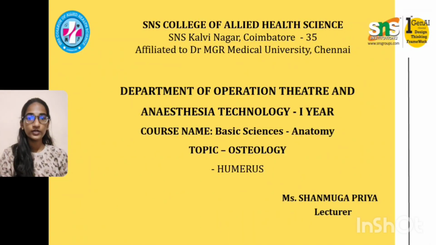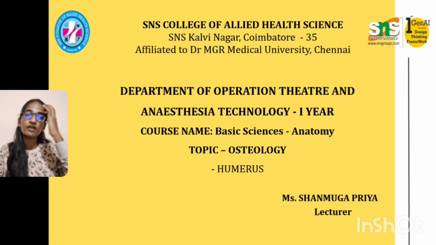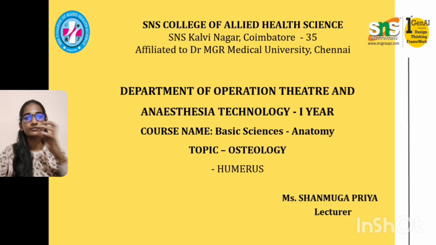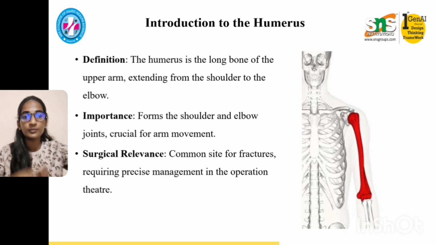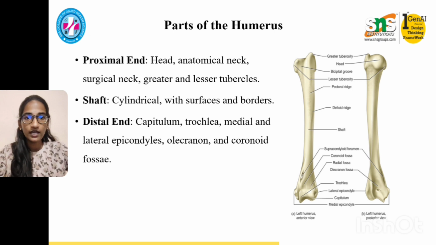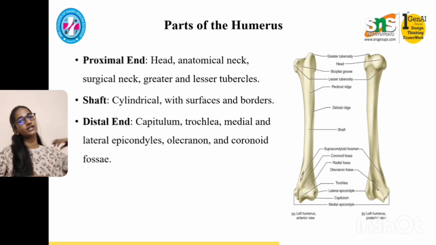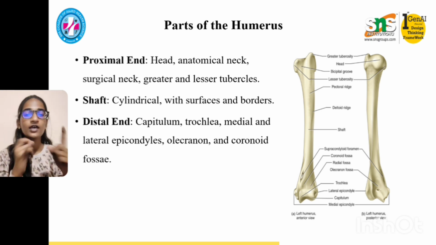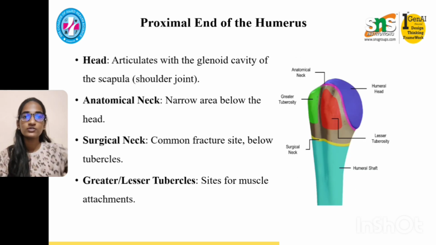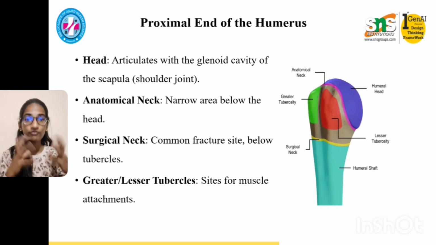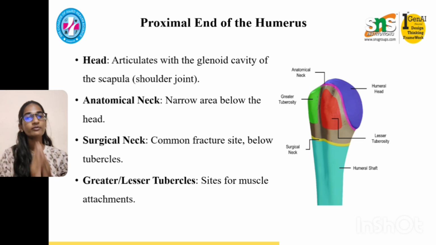We are going to see the remaining topics of humerus. In the previous two classes, we have already seen about basic anatomy of humerus, which involves the introduction to humerus by definition, importance, and surgical relevance. And also we have seen about the parts of humerus, like there are mainly three parts: proximal end, shaft, and a distal end. And then we have also seen about the proximal end of humerus in detail, involving the parts